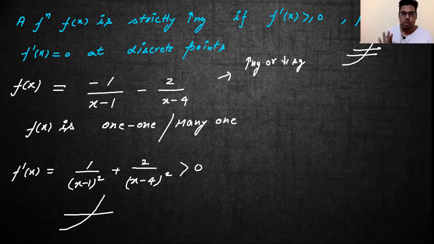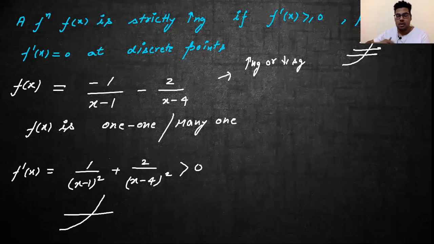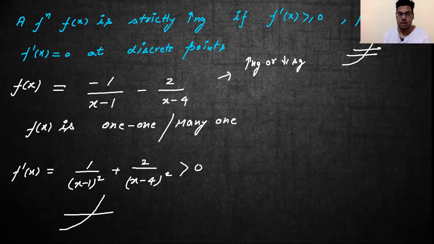This is the most common mistake, which of course you have not committed, right? But we can do this, right? But this is wrong. And why is this wrong? Because that thing is valid only for a continuous function. When we talk about f dash x greater than 0 or less than 0, increasing and decreasing, and when we talk about one-one and many-one, that is valid when the function is continuous, right?